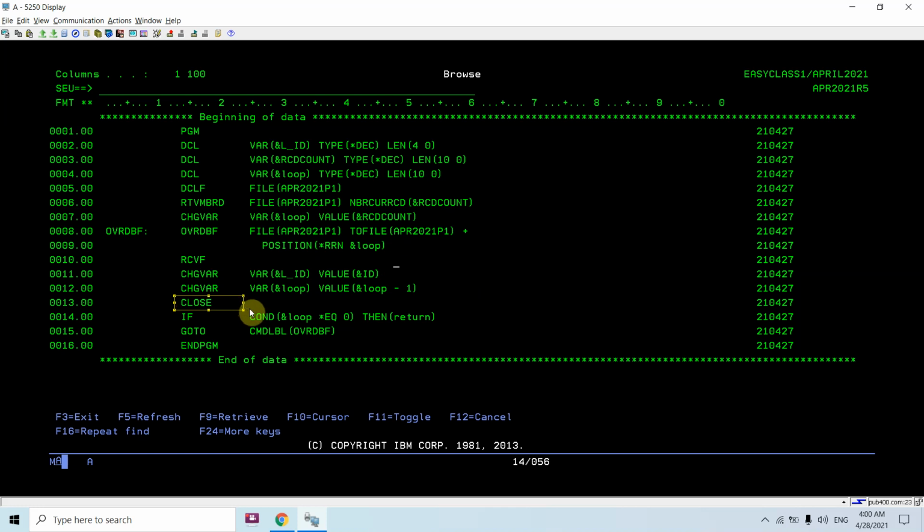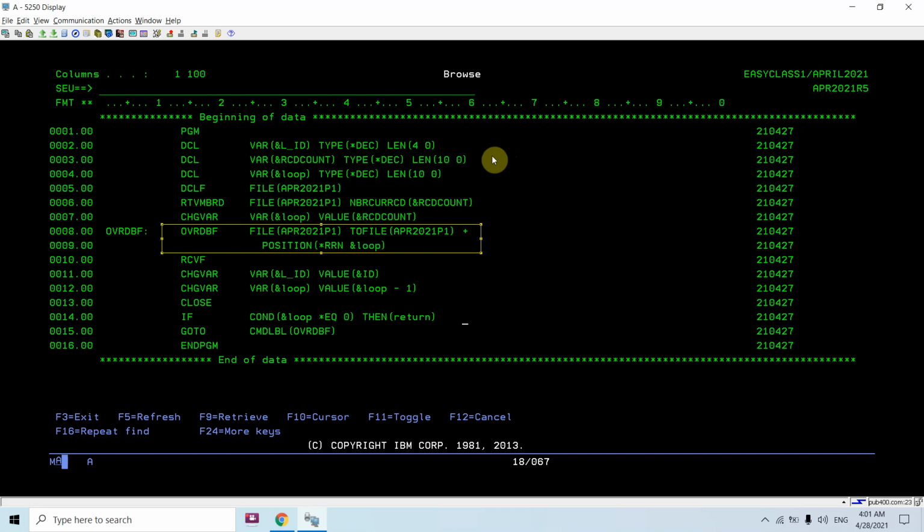Why am I doing this? If I won't be closing this file, then even if I set the loop to 3, that is loop equals loop minus 1, that is 4 minus 1 to 3, and then set the pointer to 3, it won't get set. Because once the pointer is set for a file declared in a CL program, it won't be set again.